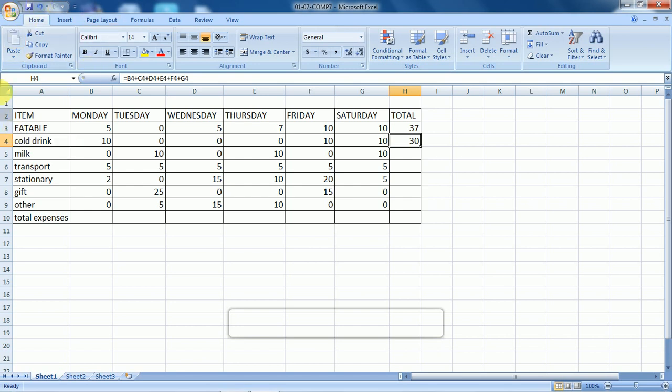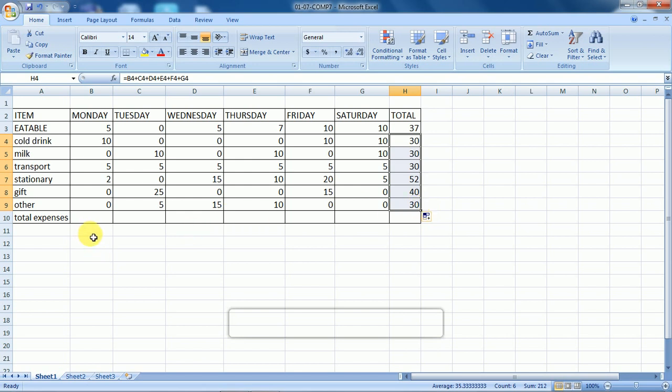Now one more method, an easy method to apply the formula. You just move the mouse pointer over here. Now you notice the mouse pointer become a thin plus sign. Now press left mouse button and drag down. See, as now up to here you drag. Now leave the button. Automatically it is calculated. So now here we have found the different eatable items and other items used for a particular week. That means 7 days. Now you want to calculate it vertically, column wise.